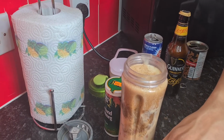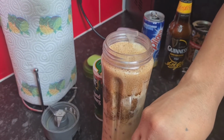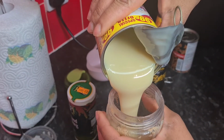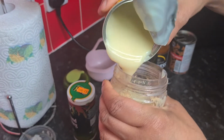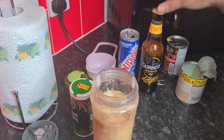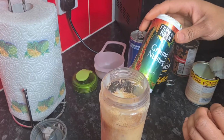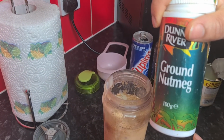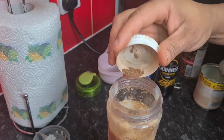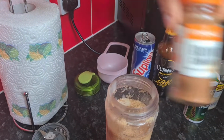Okay guys, so I did pour off a bit of my Guinness and the supplement because I put in a bit too much, because I'm only blending one serving today. So to go forward, I'm just going to put a bit of ground nutmeg, so a pinch of nutmeg, guys, a pinch of cinnamon,